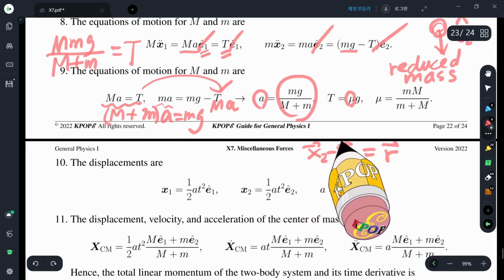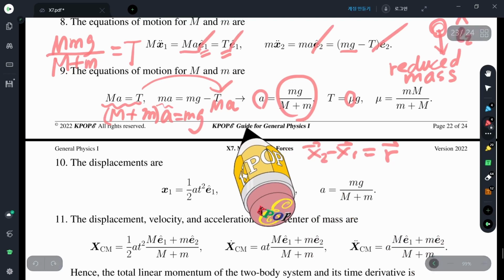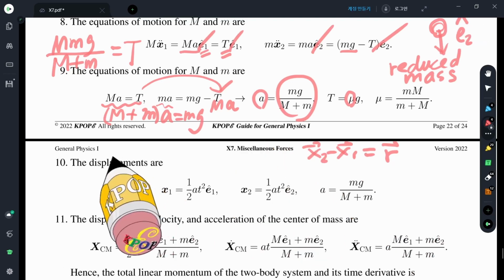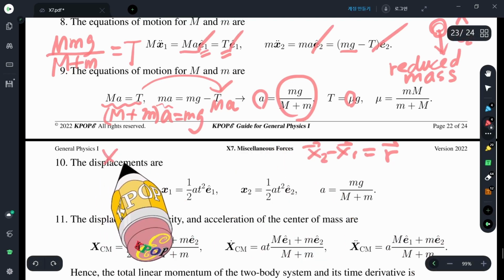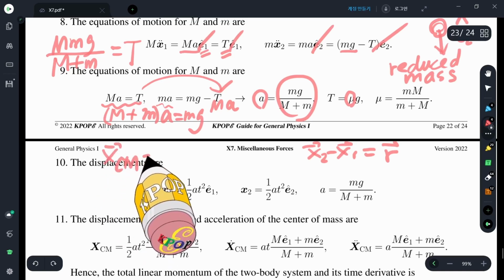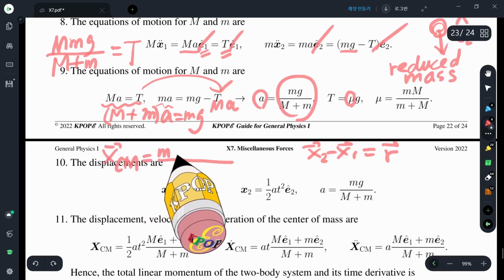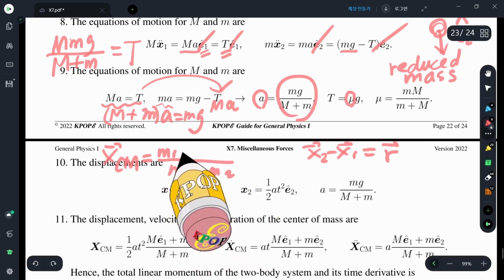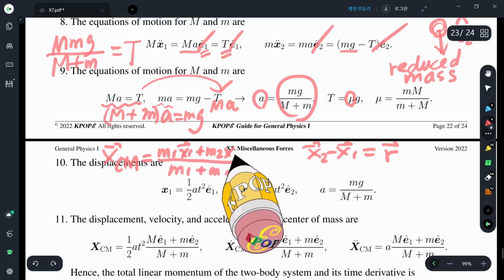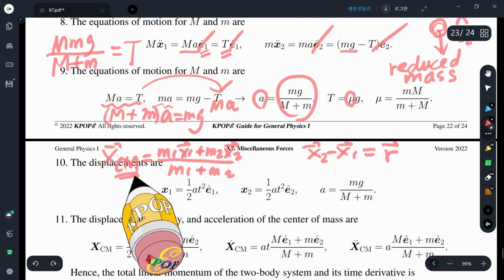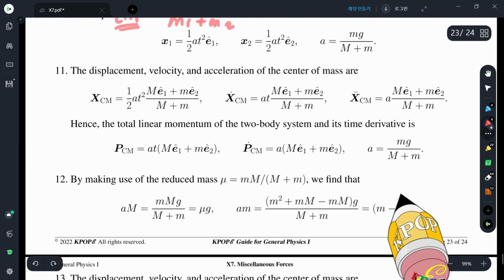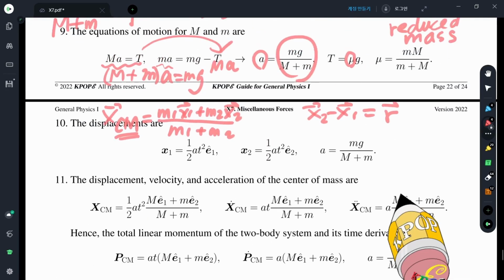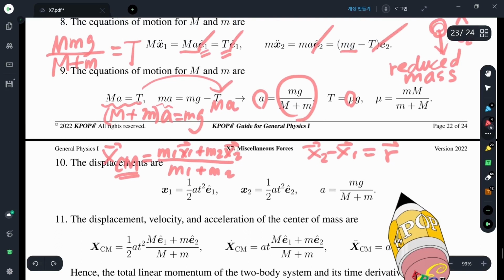In that case, in the center of mass frame, what's the center of mass? The center of mass is the weighted average of the two position vectors. This is the center of mass. Sure, we will learn the kinetic energy later, but